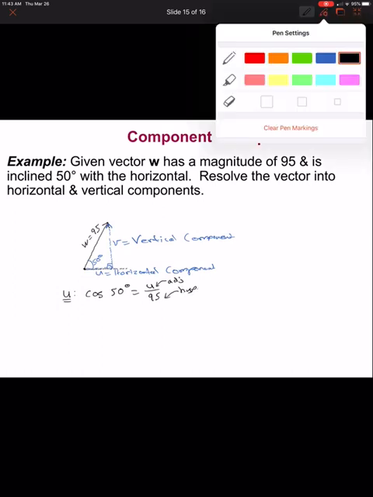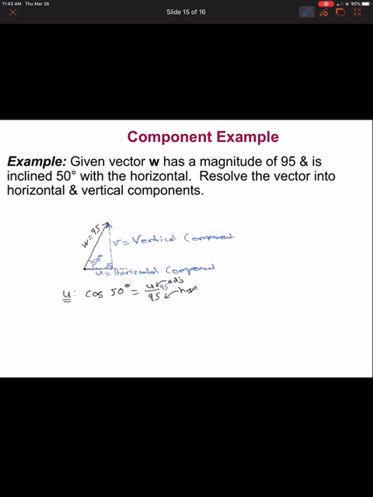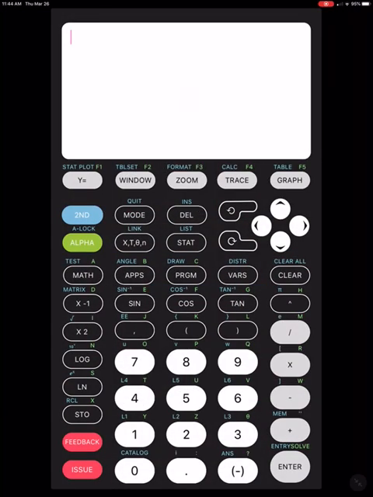Again, there's the definition from right triangles, adjacent over hypotenuse. And of course, now let's solve it. We're going to multiply both sides by 95, and we'll have the horizontal component, vector u. So u is equal to 95 times the cosine of 50 degrees. So let's go see what we get. What's 95 times the cosine of 50? Let's pull up our TI calculator and type that in: 95 times the cosine of 50. And of course, we know we're in degrees. Check your mode again, make sure that's in the correct mode. As we hit the enter button, we get